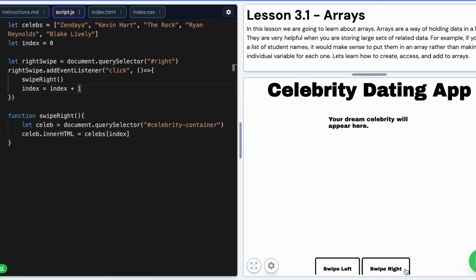Okay, press play, and here, Zendaya, good. Kevin Hart. The Rock, good. Ryan Reynolds, Blake Lively, and then undefined. And that kind of makes sense, right? Because we've actually gone above, there's no more left. And if I were to show this to you,